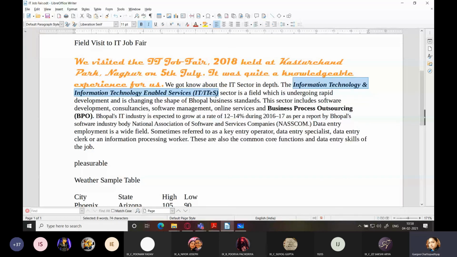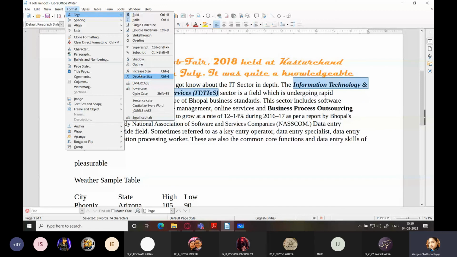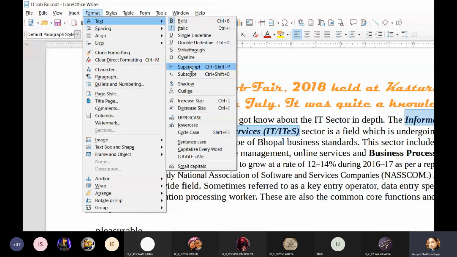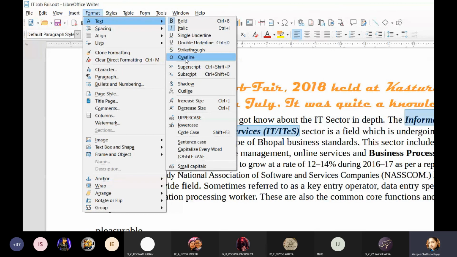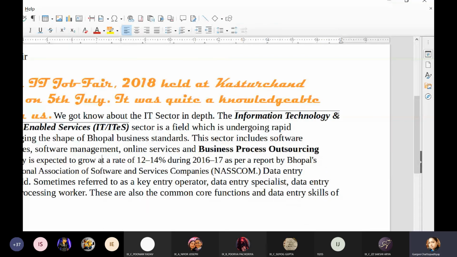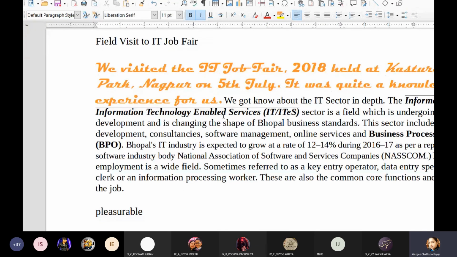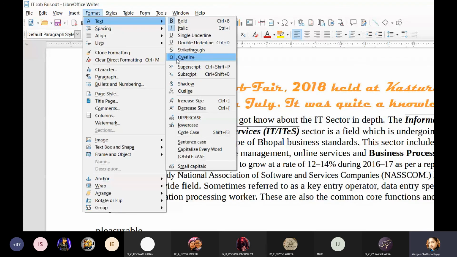So you see that there are various options which are available over here. Any of the options which you select, you will get it applied on this text. Like I'm selecting overline, and you can see that a line appears on top of the text. And if I place my cursor on this text and go to format text, you will see that this option is highlighted.